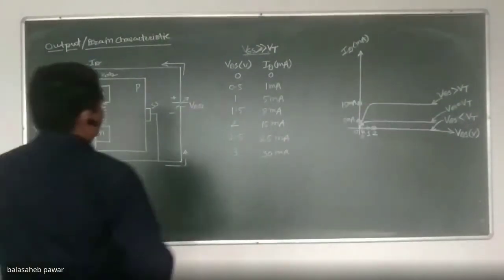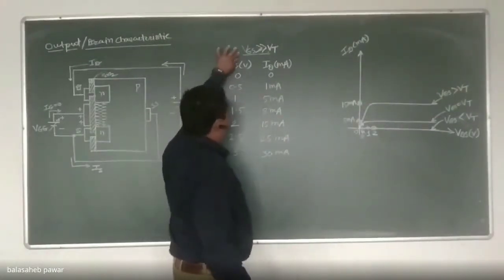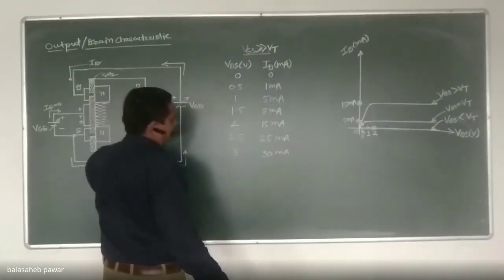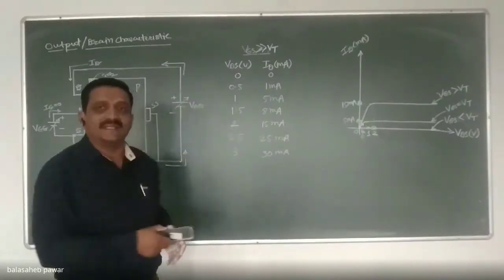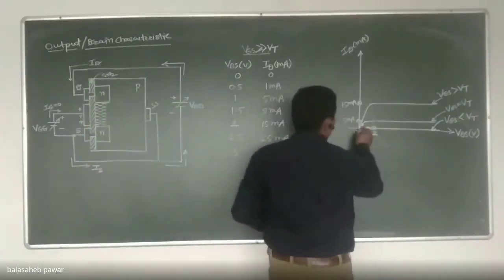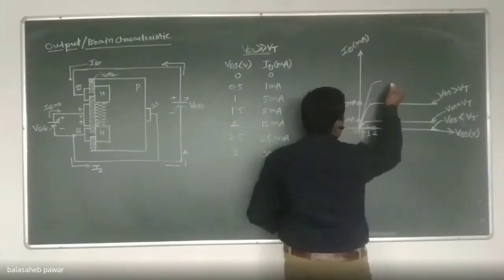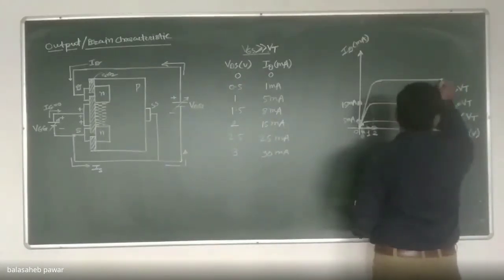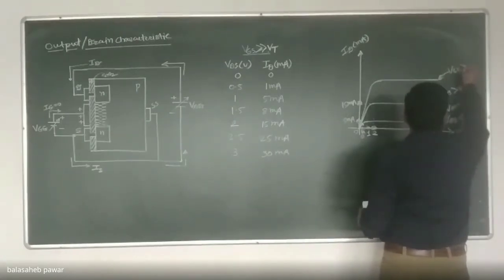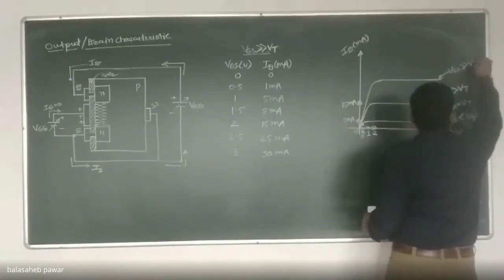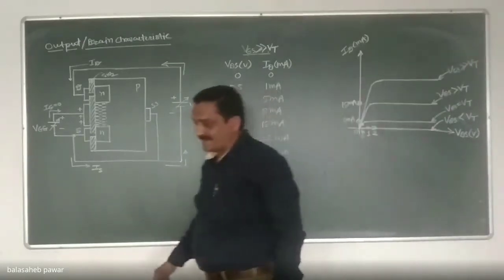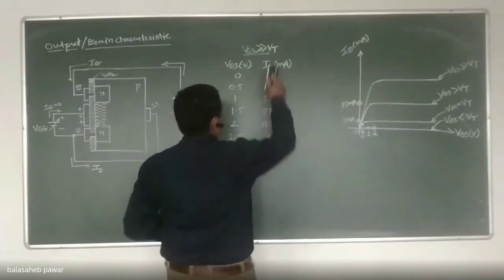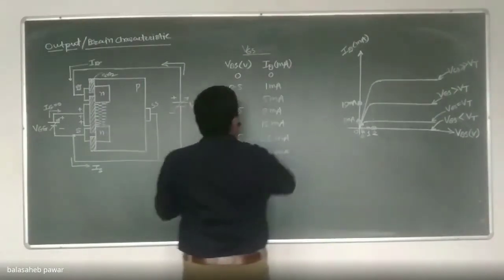Okay. So see, by increasing that VGS sufficiently large as compared to VT, the density of that formed channel will get increased, and by that its current handling capacity also will get increased, so that I can plot that third curve like this. Here, I will show it like VGS sufficiently large as compared to VT. Okay. And the last condition we'll take, that is when VGS is equal to VGS max.